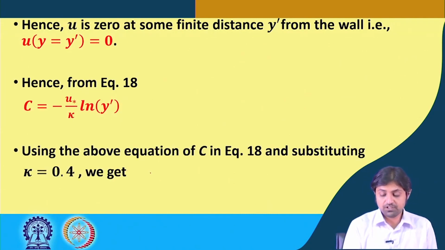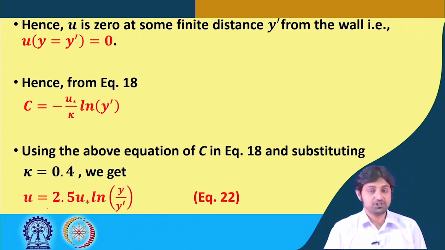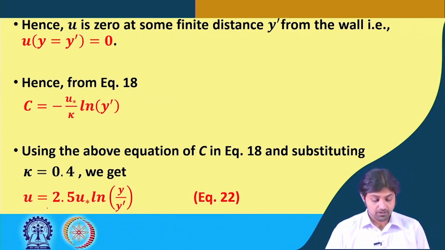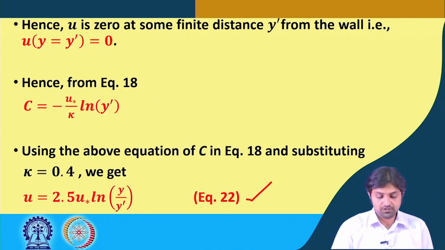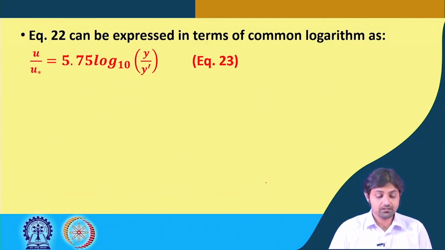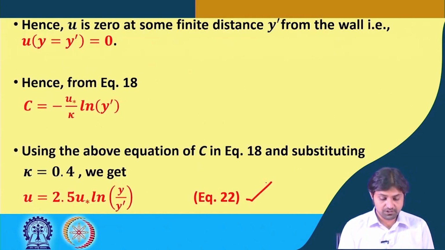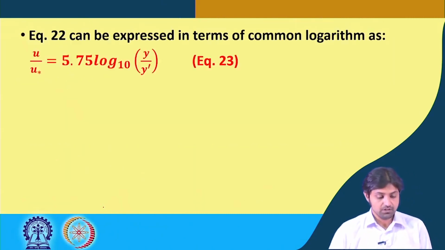Now, if we use this above equation in equation 18 and substitute kappa equal to 0.4, we will get u equals 2.4 u star ln y by y prime, where y prime is the point above the bed where the velocity is 0, and this is equation number 22. Now, equation 22 can be expressed in terms of common logarithm. We have converted the natural log into log to the base 10, because the previous equation was in terms of natural log,